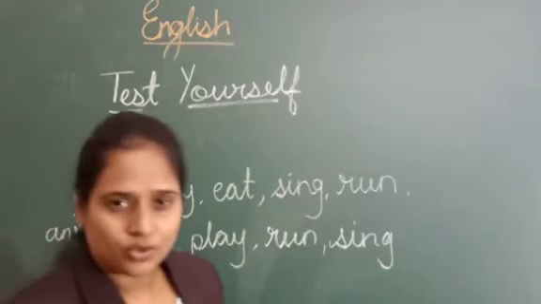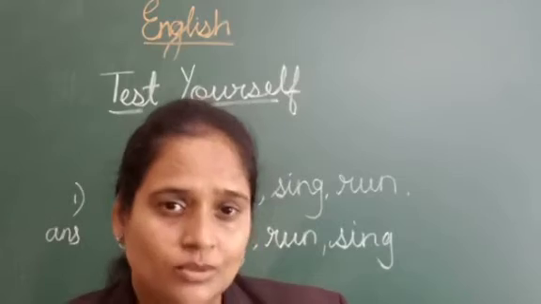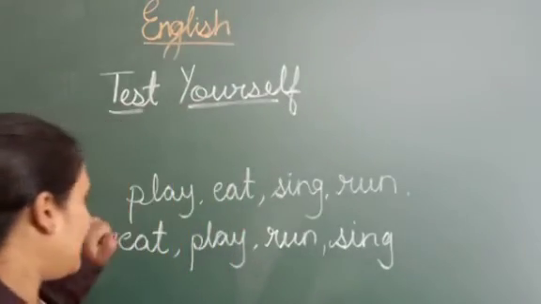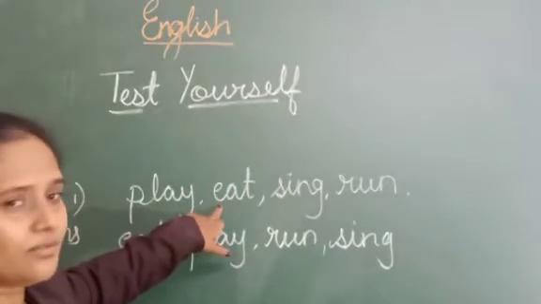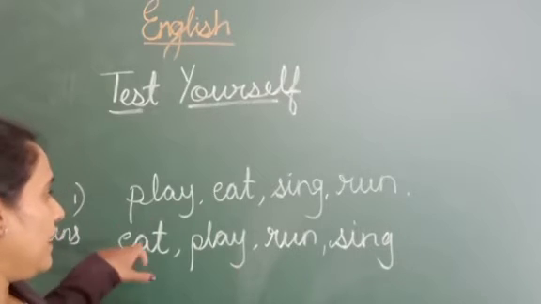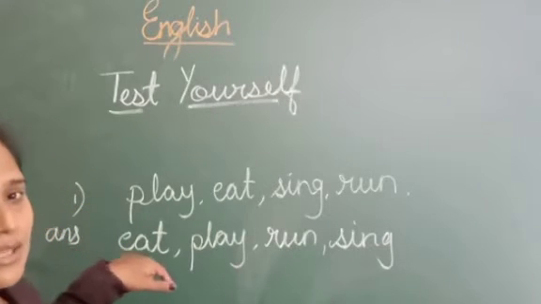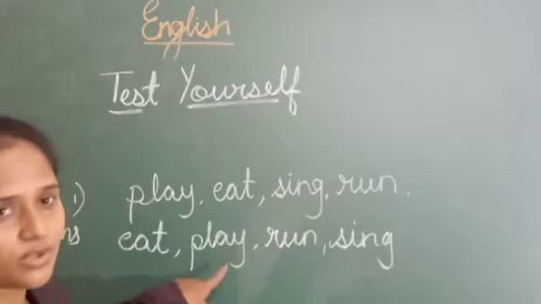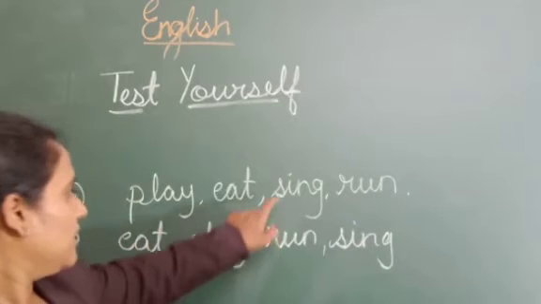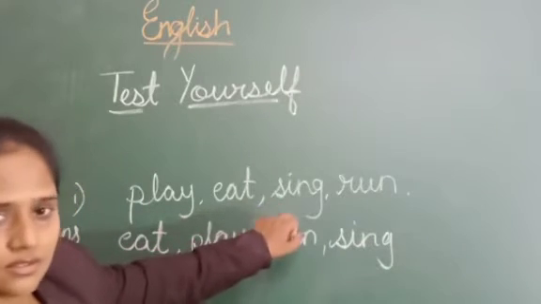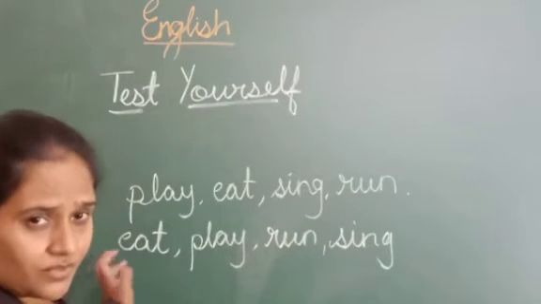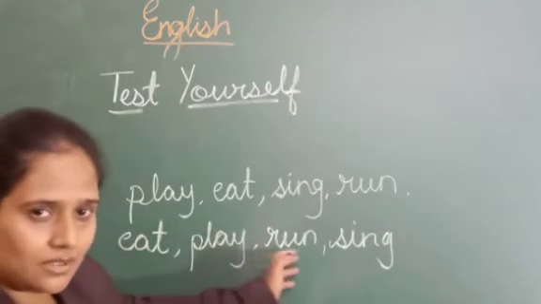Like in the last video, I have taught you what dictionary order is. Here you have to do it like this. You have to say ABCD. In this, A B C D E. Which letter comes? E. So first you have to write the word with E. F G H I J K L M N O P. So you have to write the second word, P. Q R, the R word. S. Then S. This way you have to write in sequence whichever letter comes first in dictionary order.